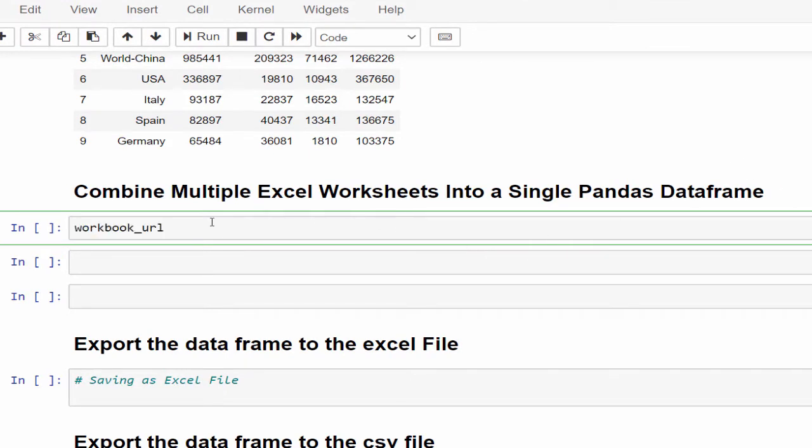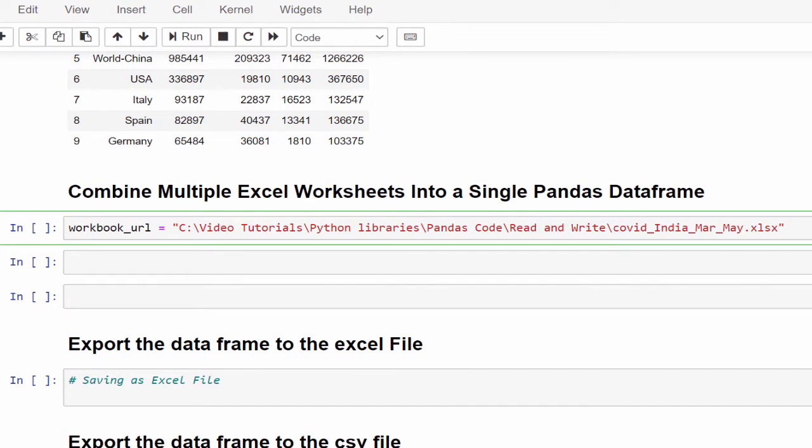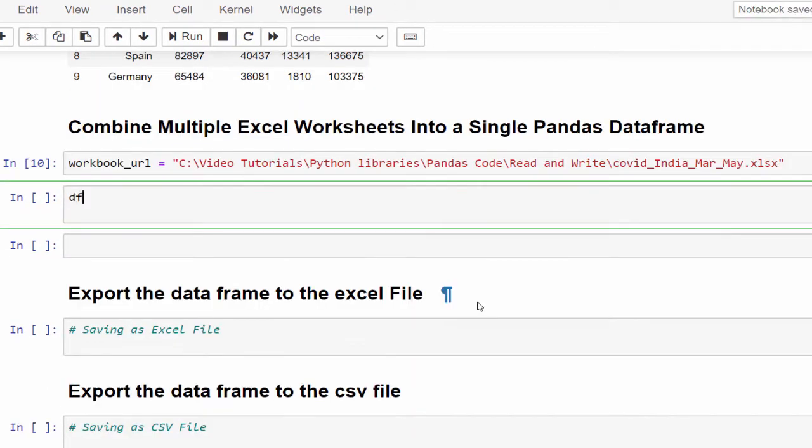Workbook URL equals the path, I'm just mentioning all the scenarios in the code. Now df equals, we are going to combine all the sheets. For that, data frame equals pd.concat. Concat is a method used to merge multiple worksheets.